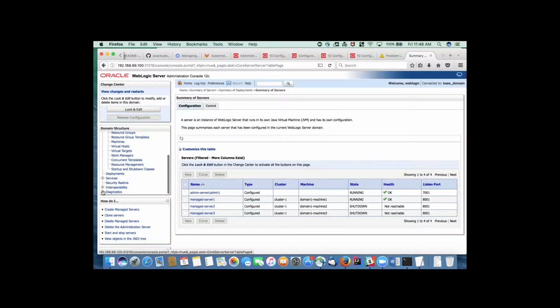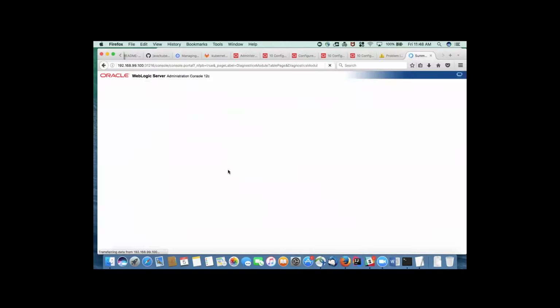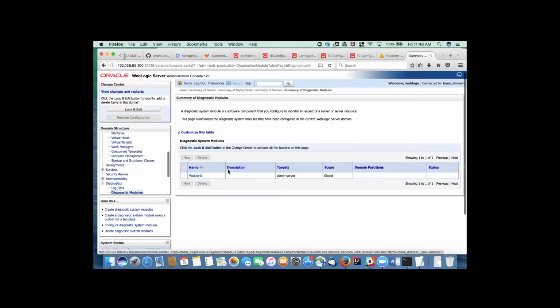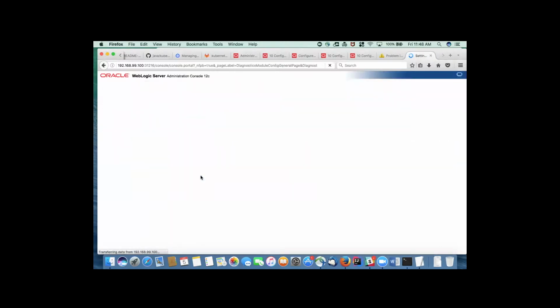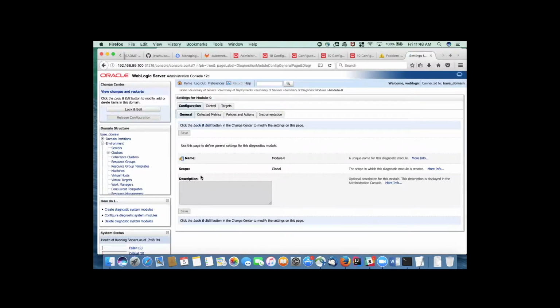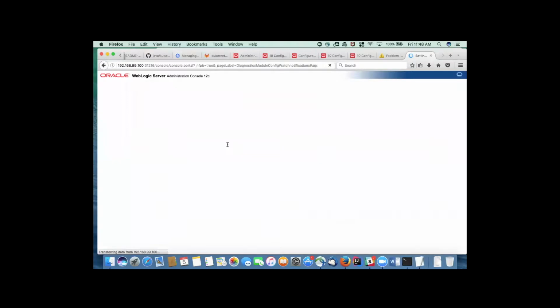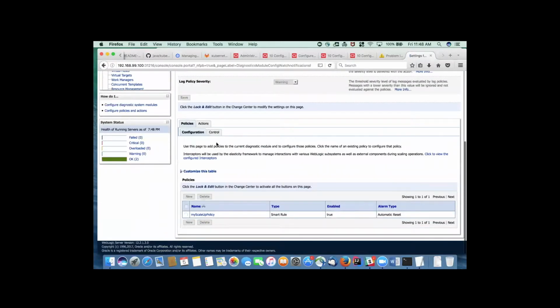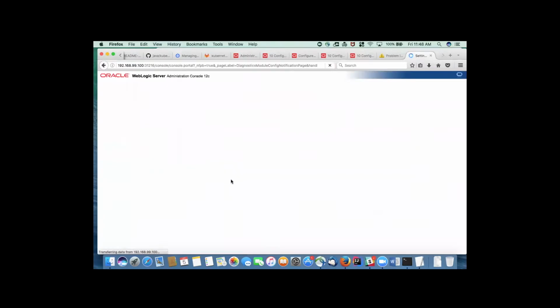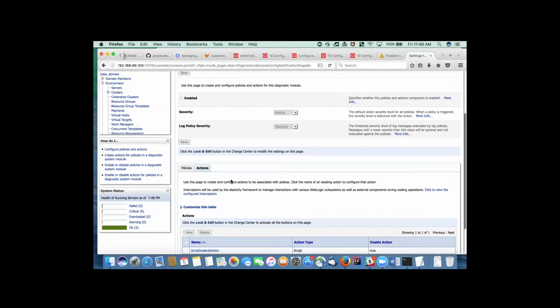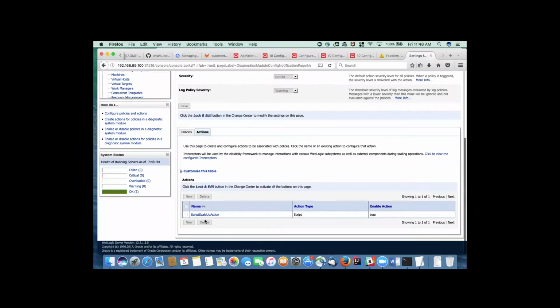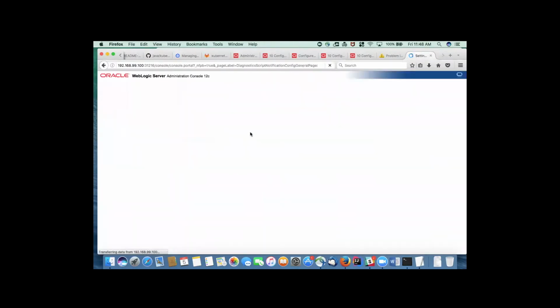I've got WLDF actually configured for this. See if I can bring it in. I created a node port for this admin server just so we can see it, but I've created a diagnostic module for WLDF, which is exactly similar to the one we used in the demo, which has a policy and an action, and a script action configured. And if we look at the script action used, let's see if I can show it. It's using the same script